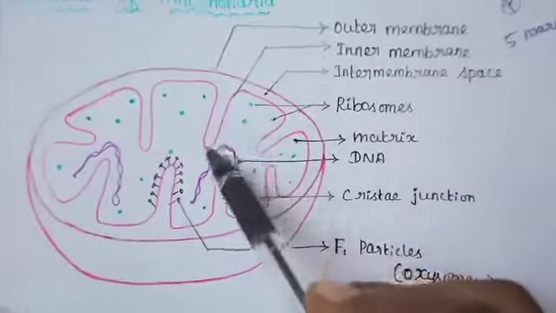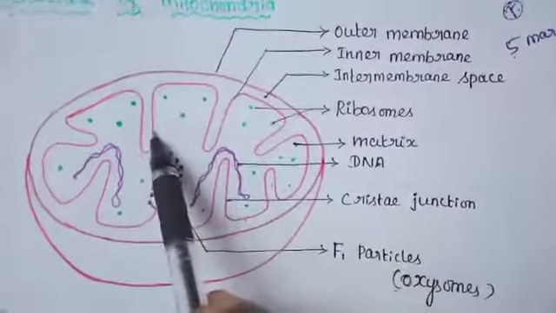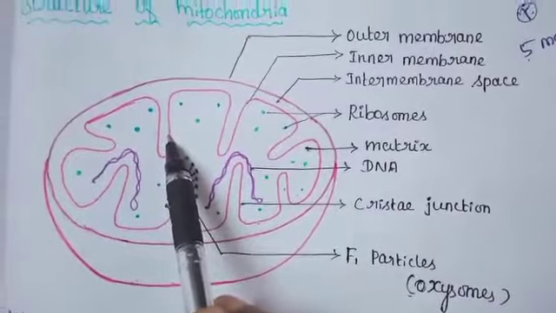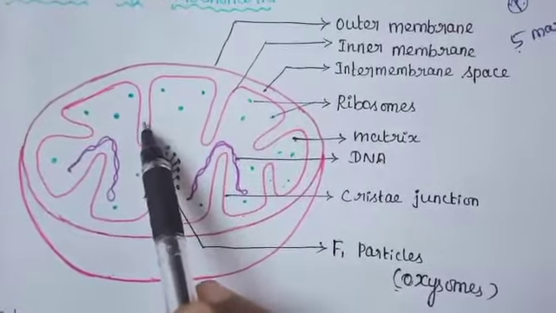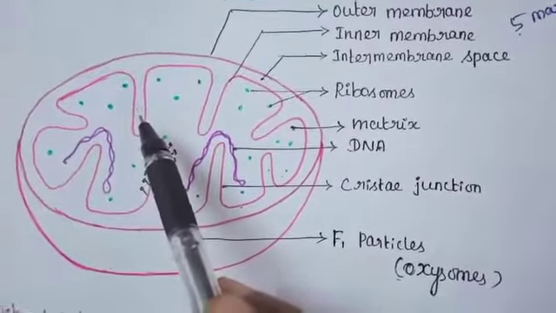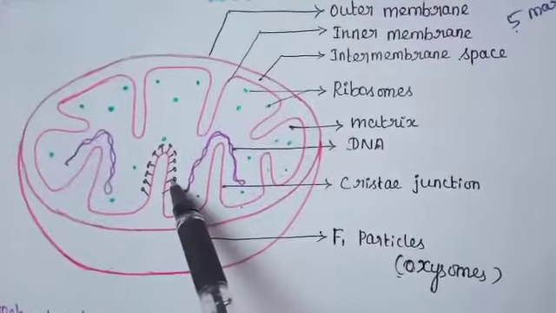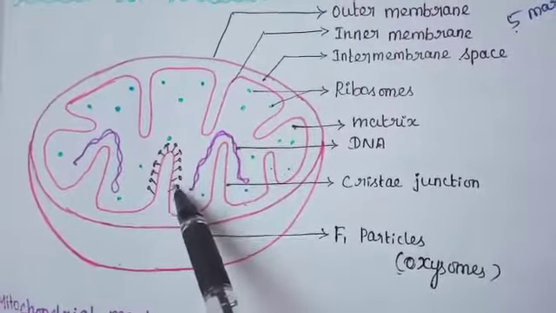Next, this is the cristae. This inner mitochondrial membrane gives rise to finger-like projections. The cristae increase the inner surface area, allowing the mitochondria to hold a variety of enzymes. Then oxysomes. Oxysomes are present in the